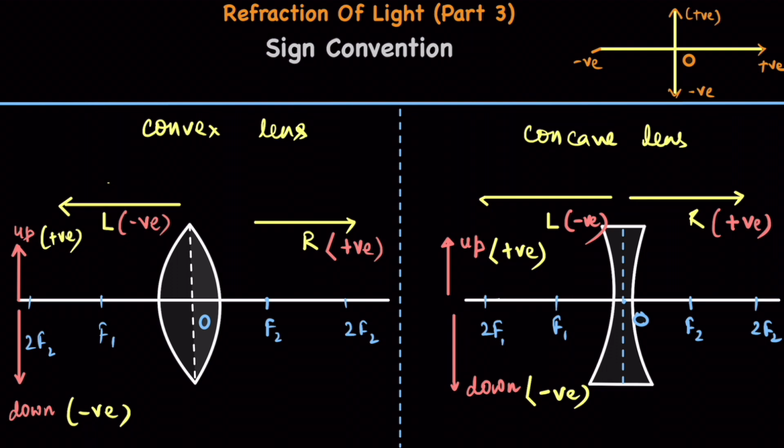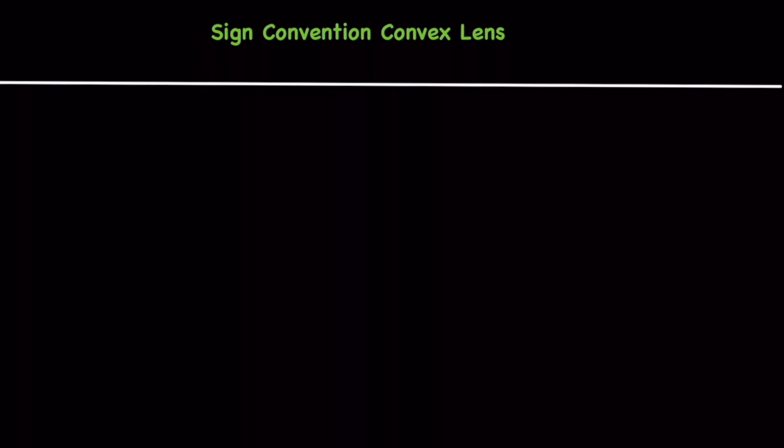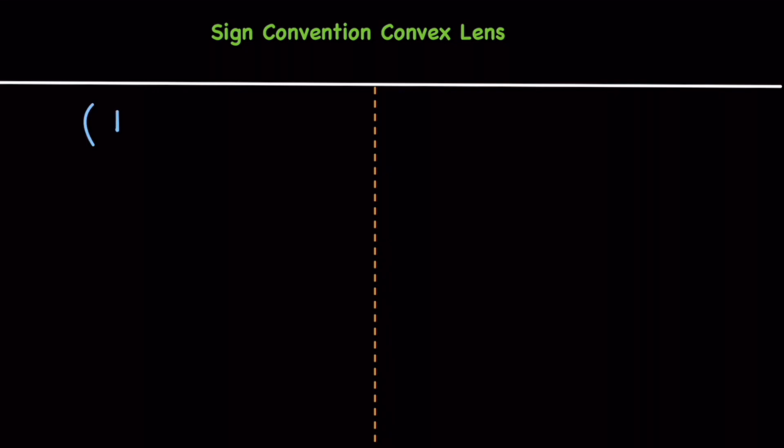So let's go to the terms used in the sign convention and their sign. So here first we will start with the convex lens. So in sign convention of convex lens, we will split the image formation into two parts. In first part, it will form the real image, and in the second part, when it forms the virtual image. When it forms the real image,